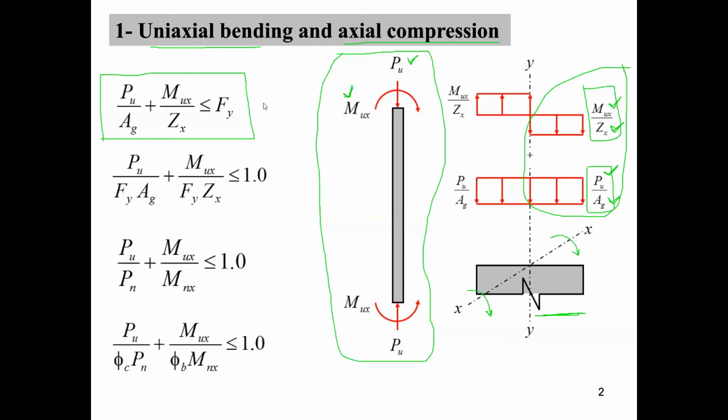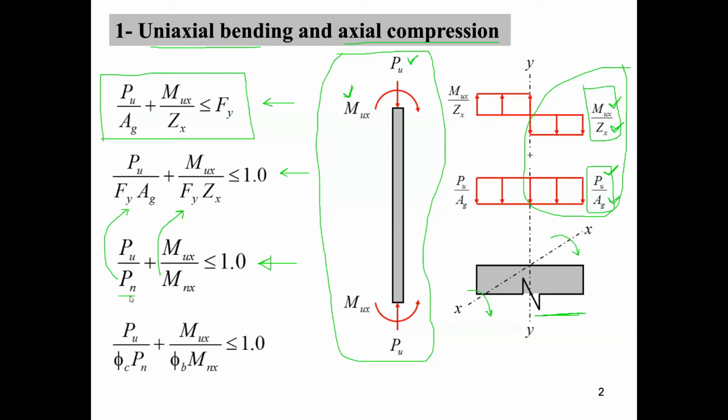Now, if we divide both sides of this inequality by Fy, we will get this equation. If we substitute Pn for Fy Ag and Mnx for Fy Zx, we will get this equation, where Pn is